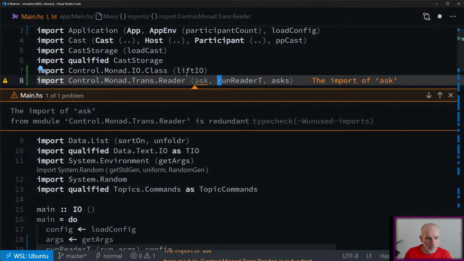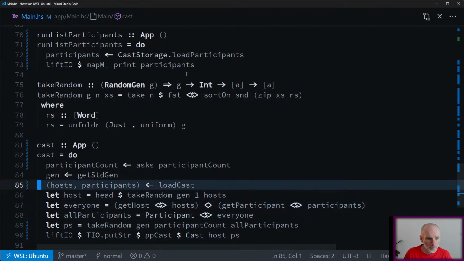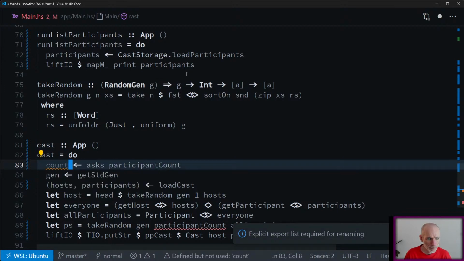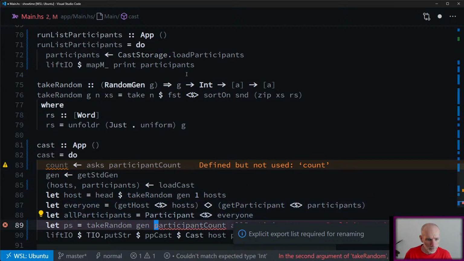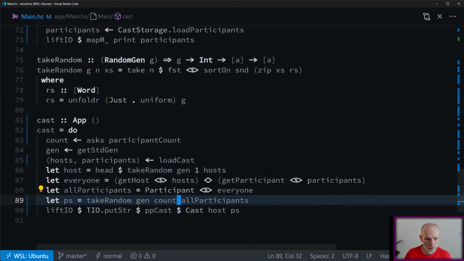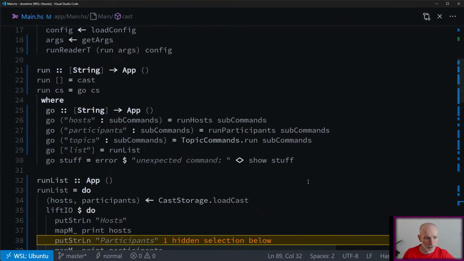Sorry, just give it some errors here. I'm trying to think of a better name for this. Maybe just call this count. So here and here. Okay, 0 errors. So back inside main,